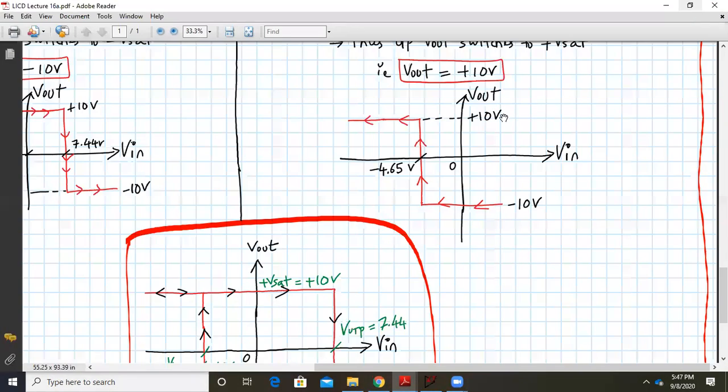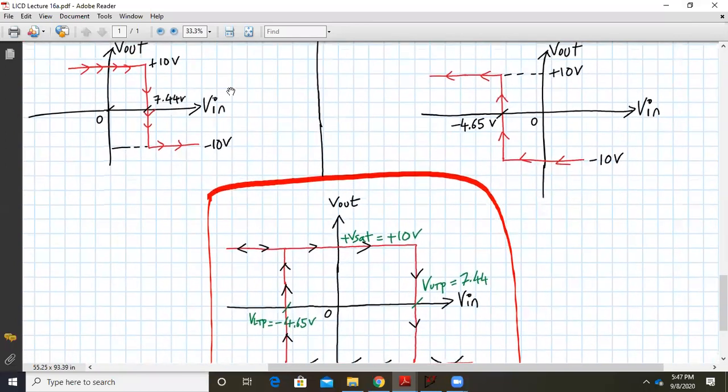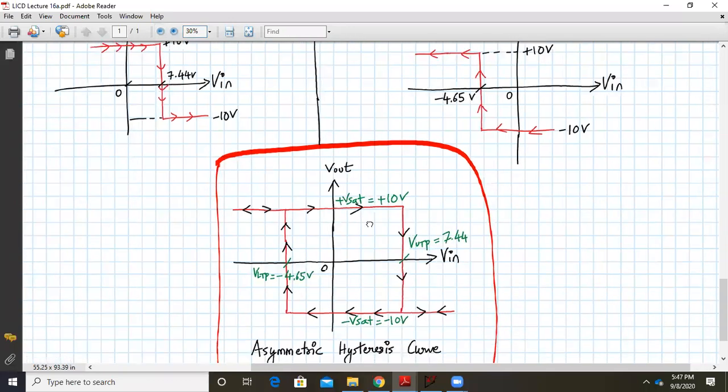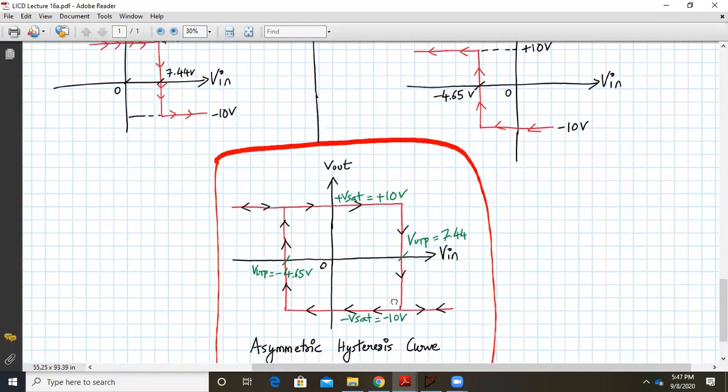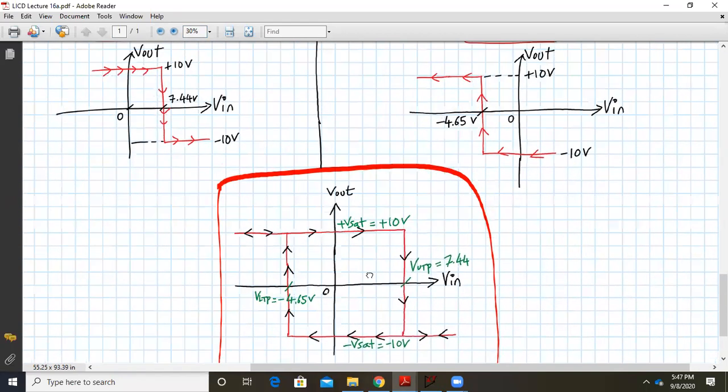So when we combine the two, what I'm trying to say is this. Individually, we have found that this is the hysteresis curve for the upper threshold point, and this is the hysteresis curve for the lower triggering point. So when we combine them both, it looks like this. I think this is what we have studied in the inverting Schmitt trigger theory. The tail is ending on this side, on the right hand side on the lower half, and on the left hand side on the upper half.